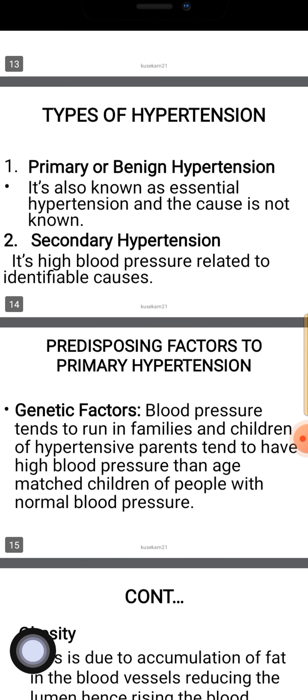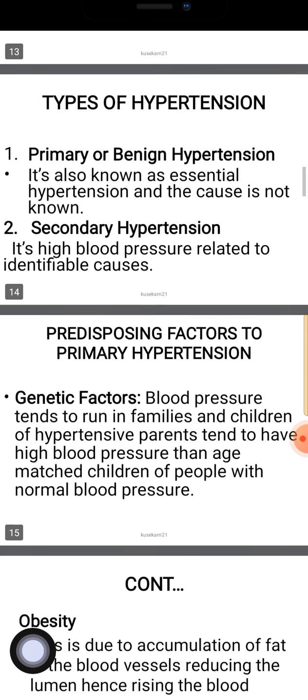Then, we have talked about the classifications of hypertension, which are 3 of them. We have grade 1 mild, we have moderate or grade 2, we have grade 3 or severe hypertension. Those are classes of hypertension. So we can classify hypertension according to the ranges that were recorded during blood pressure